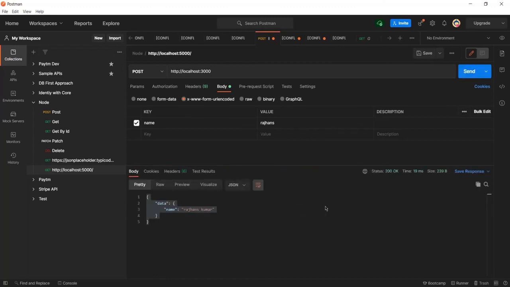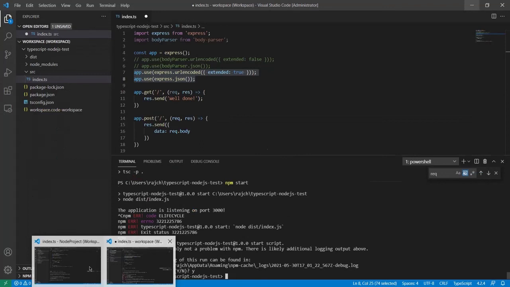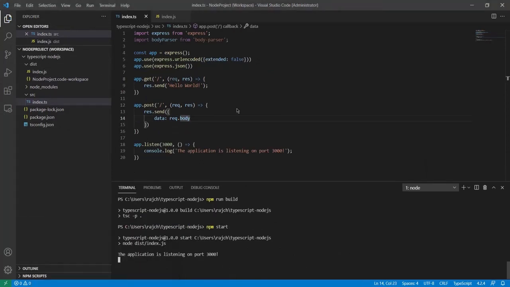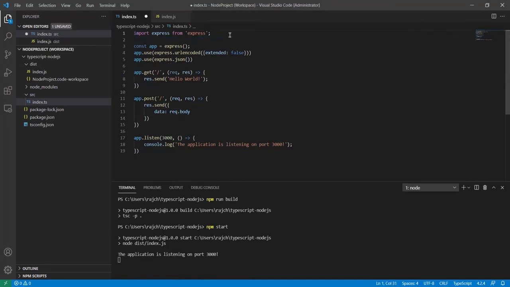Okay, so here I will again receive the request as expected. So that means we need not add body parser.json here. We need not add body parser here, so now I can remove it. The same feature of body parser we are getting inside express.